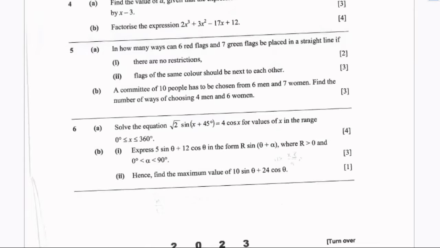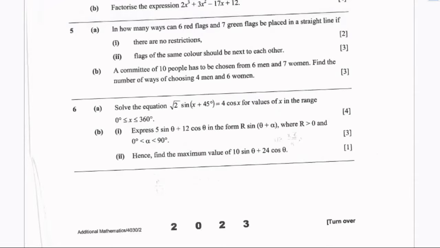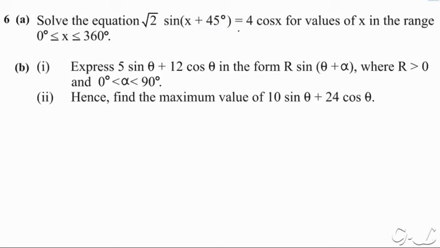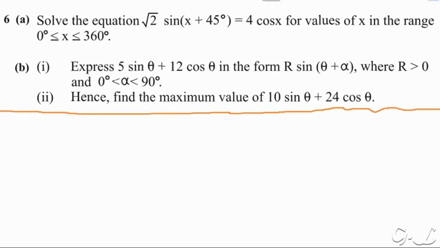Let's try to get into the solving, and we're going to start with part A, which says solve the equation square root of 2 sine (x plus 45 degrees) is equal to 4 cos x for values of x in the range x is less than or equal to 360 degrees and x is greater than or equal to 0 degrees. So we're going to write that one,